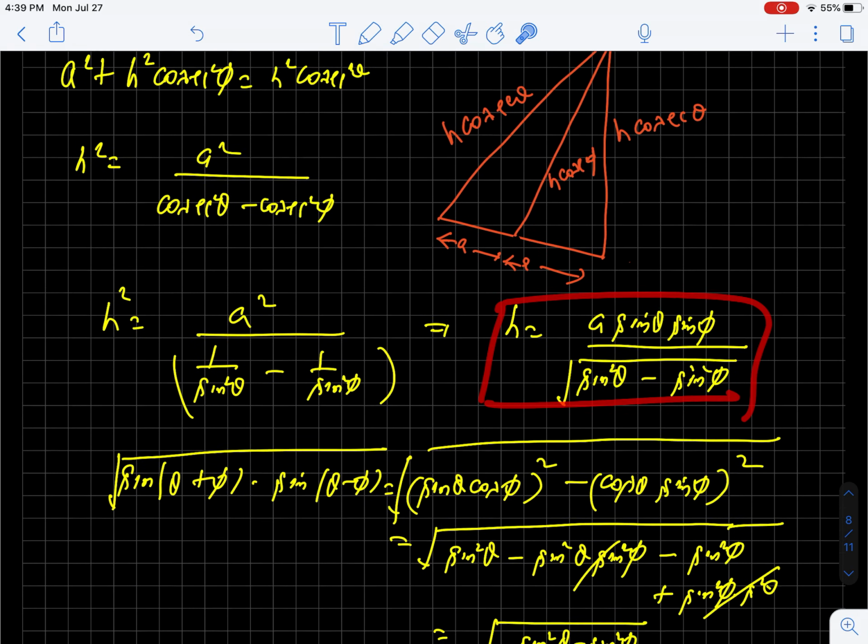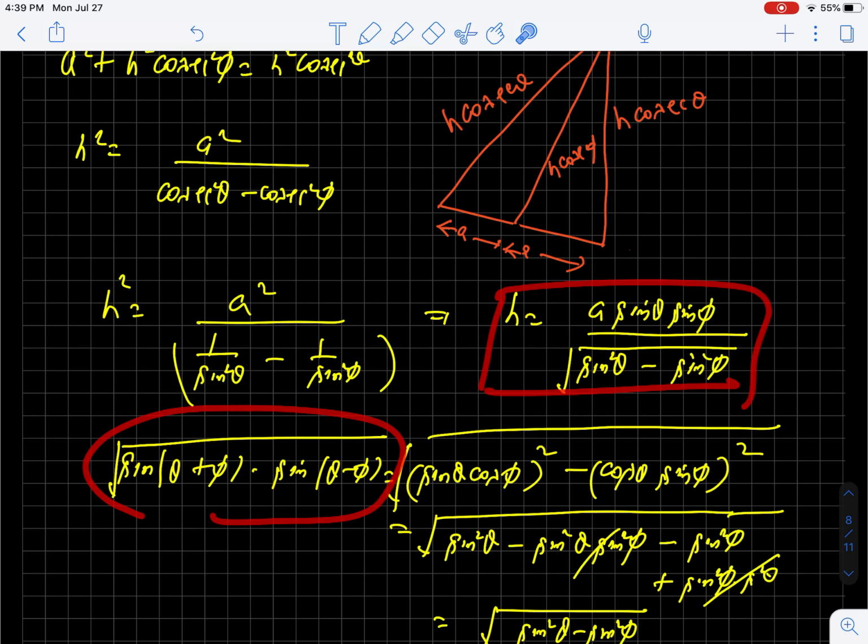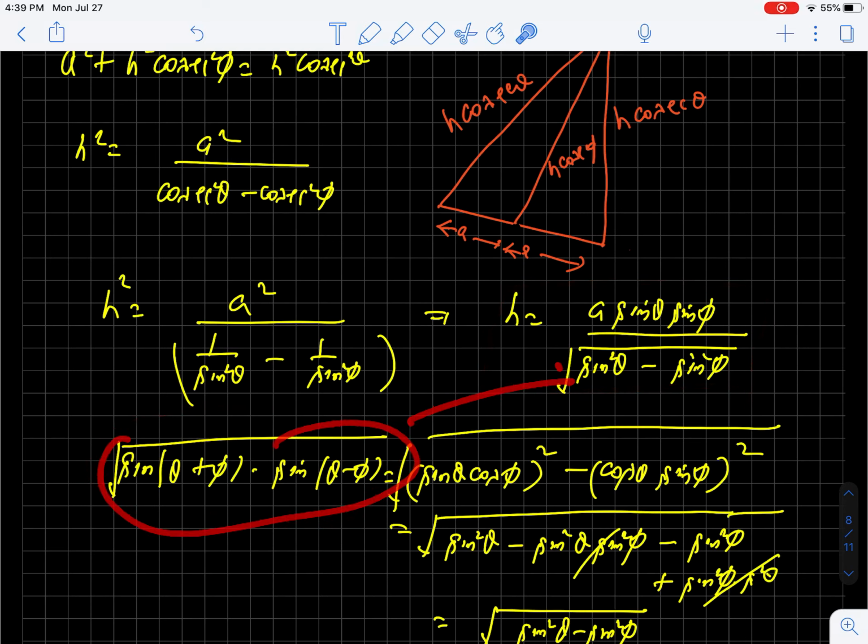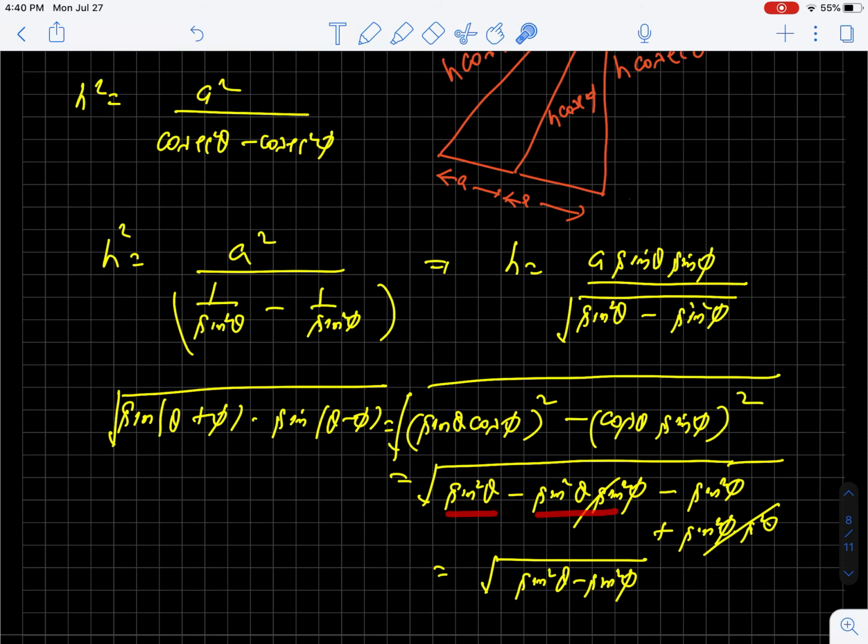But they want to ask the answer in a different form. They want to compare whether this term and this term in the denominator are same or not. Just see simply, sin (a plus b) into sin (a minus b) is equal to sin theta cos phi whole square minus cos theta sin phi whole square. You can write cos square phi as 1 minus sin square phi, then this value will be sin square theta minus sin square phi, and here cos square theta as 1 minus sin square theta, sin square phi and sin square phi sin square theta. This term is cancelled and answer will be like this.